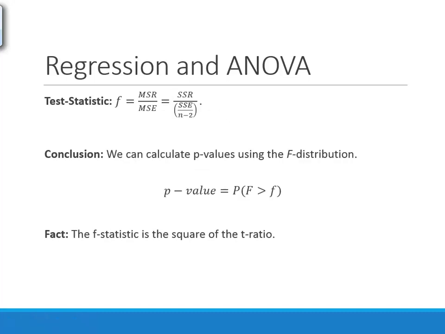So if we want to test these hypotheses, our test statistic is going to be, we'll call it the letter F, and it's going to be the ratio of the mean squared for regression over the mean squared for error. And again, in simple linear regression, the mean squared regression, the MSR, is just the SSR. There's only 1 degree of freedom, so there's that slight simplification there. And then this test statistic, lowercase f, follows an F distribution,